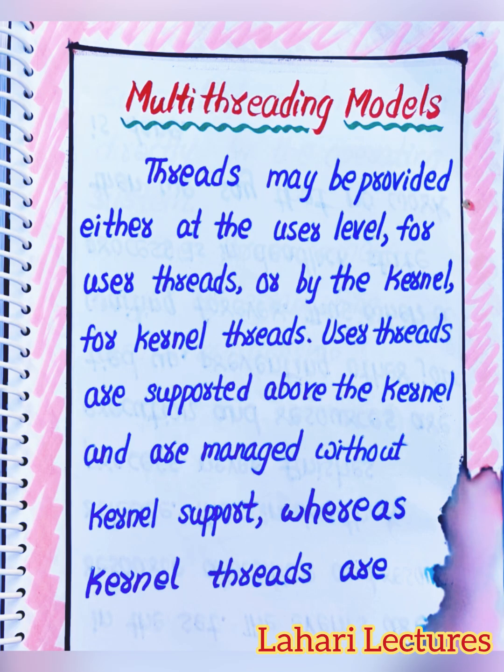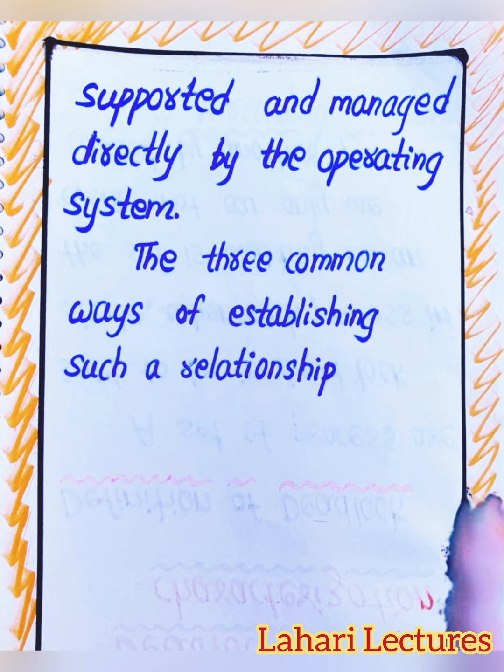In this video, you can watch notes on multi-threading models. Threads may be provided either at the user level for user threads or by the kernel for kernel threads. User threads are supported above the kernel and are managed without kernel support, whereas kernel threads are supported and managed directly by the operating system. The three common ways of establishing such a relationship: